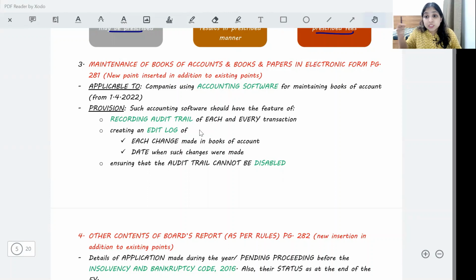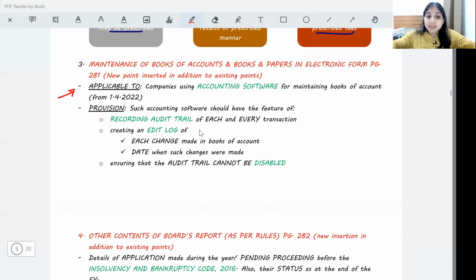The details about the server have to be informed to the ROC. They should be legible. Then they should be retained in the same format in which they were generated. So a lot of rules and regulations you would have learned in relation to accounts and books of accounts and books and papers kept in electronic form, right? Now, in addition to all those points which you have already learned, there is one more point which has been